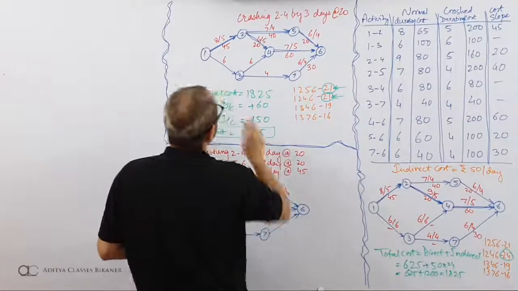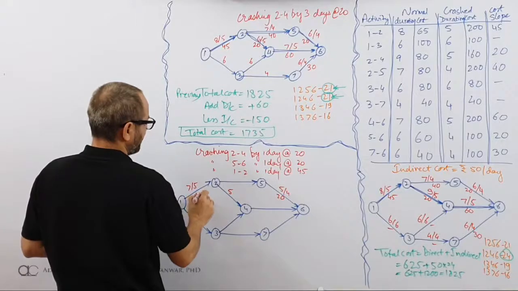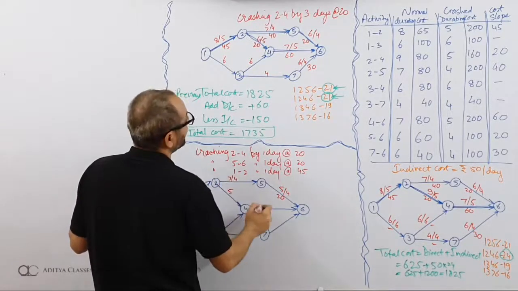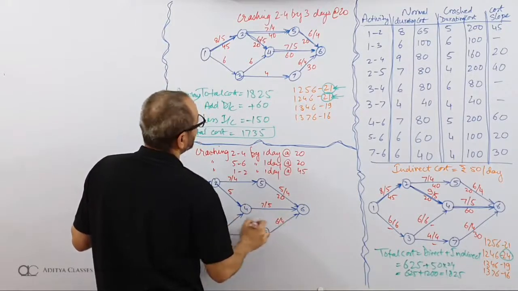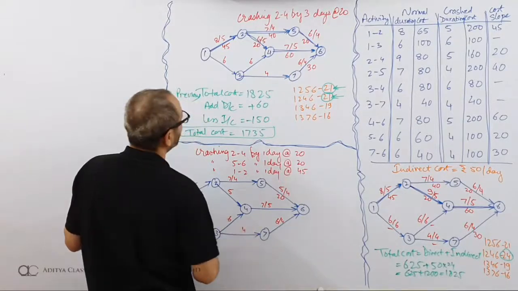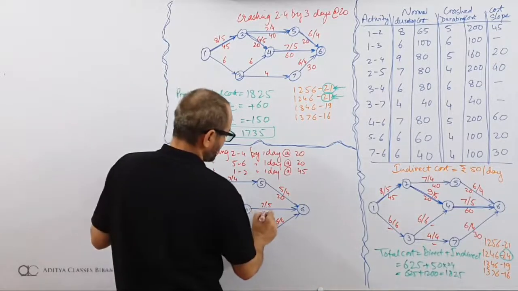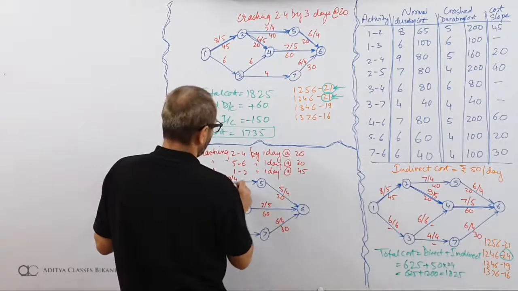Cost slope is still 20. This 8 is down to 7. So I have a 7, 5, making it 45. And then we have the same 7, 4. Then we have a 7, 5. Then there is a 6, 4. There is a 6, 6 and 4. These will not be having any cost slopes because they are exhausted. They cannot save further. This is having a cost slope of 60, 30, 40.